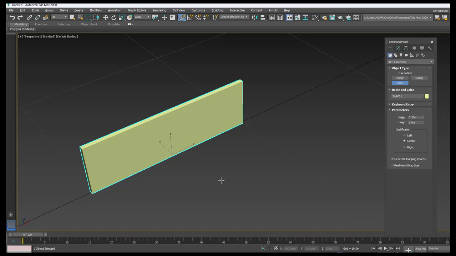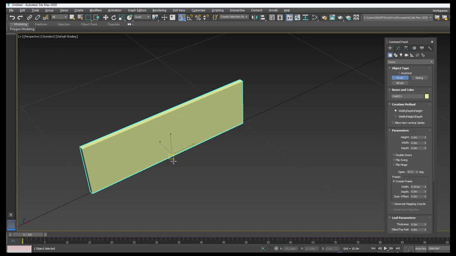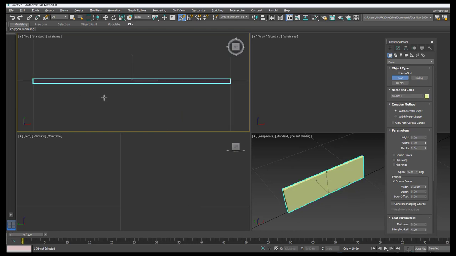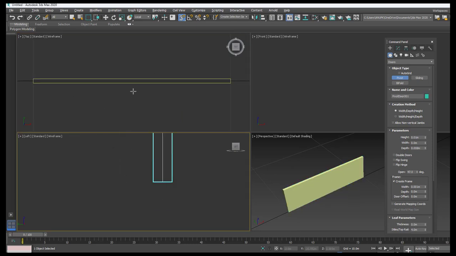Normally, in order to create the opening, we use the Boolean operations. We already learned how to create the opening of a particular size. Or else, there is one more method: by using the snap, you can cut the door opening and window opening. For that, I am just clicking on the door option here, and then you can go with any type of door. I am going to the top view, and press Z to zoom it like this.